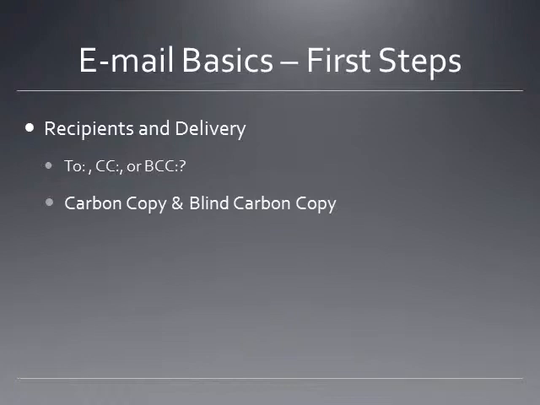Carbon copy and blind carbon copy are specifically used mostly in business, but they are also used in academia, in that you're sending a copy of an email to someone who is not the main intended recipient. So you're sending it to another person. Now, you probably already know that a carbon copy, CC, means you send a copy of your email to an additional person, and everyone on the recipient list can see that you have done so. When you send a blind carbon copy, that means that the main recipient cannot see that you send this email to someone else as well.